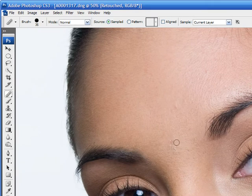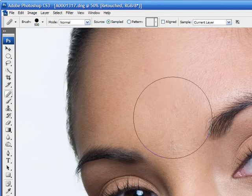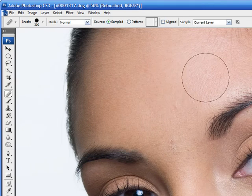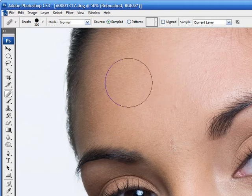small. You do not want to have a really large brush where you're covering a huge area, because you're not going to make it look realistic. The skin texture changes significantly, and there's a lot of change within that circle. So when you sample from that large an area and place it somewhere else, it's not going to look believable,